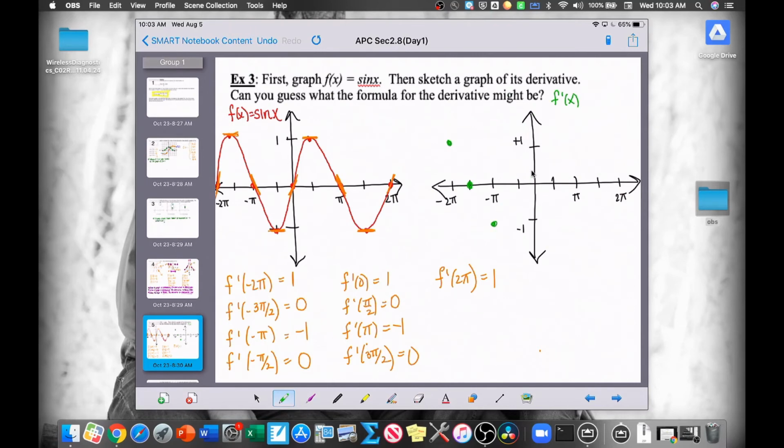When x is negative pi over 2, I have a value of 0. When x is 0, I have a value of 1. When x is pi over 2, 0. When x is pi, negative 1. When x is 3 pi over 2, 0. And when x is 2 pi, back to 1. So if I go ahead and connect my dots,